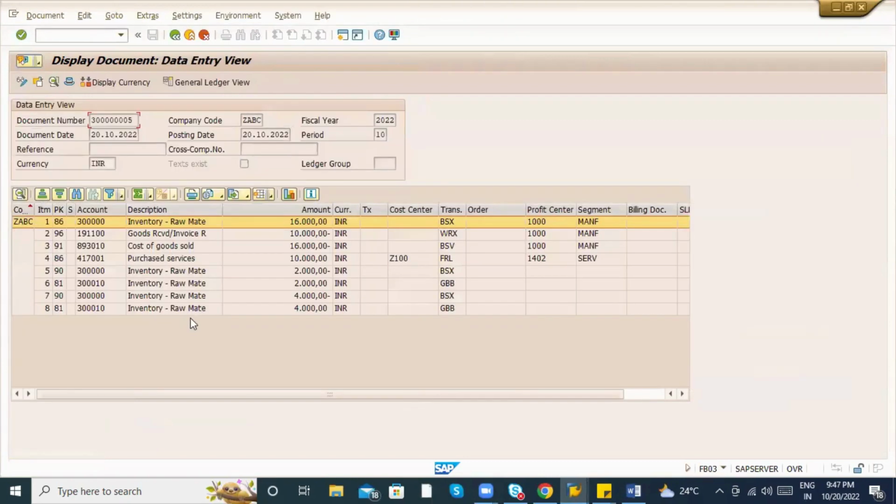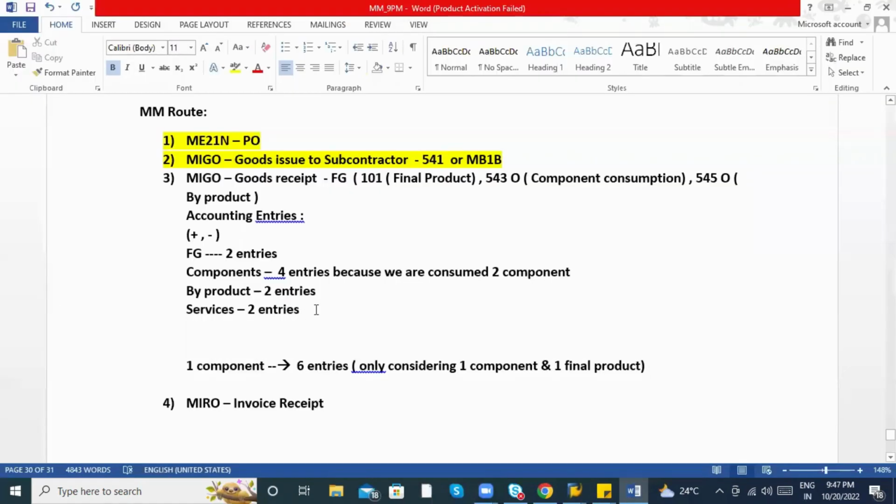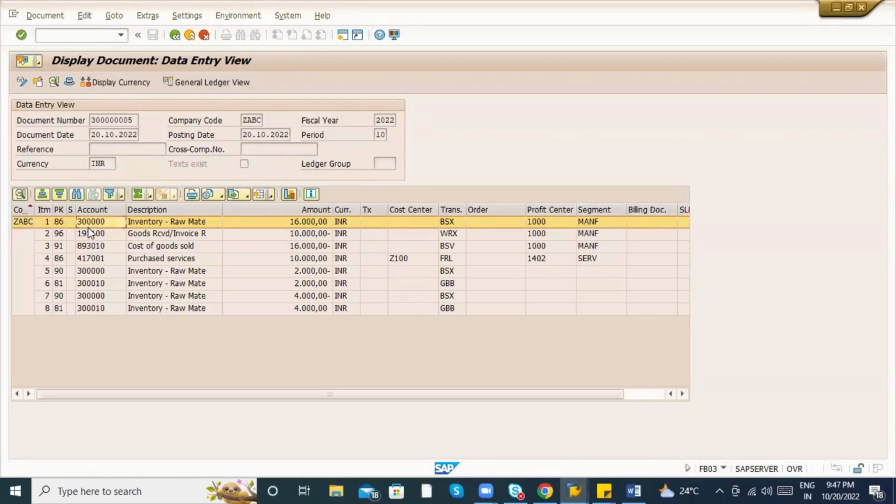Now see how many we get in total. 1, 2 for the FG product, and if you go to BSX, the stock account which is added, there is 1, 2, 3, which is 2 components and 1 final product. And other than this one, this is the service. If you go back,